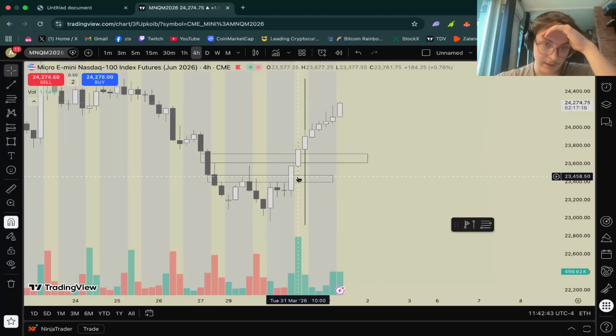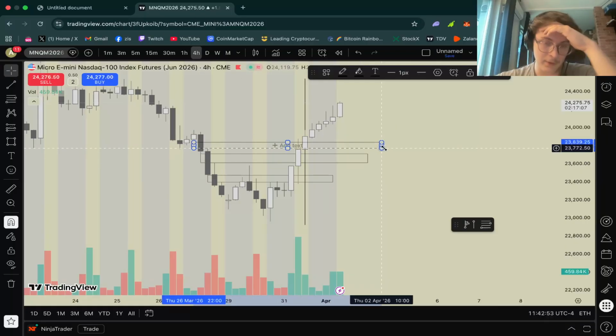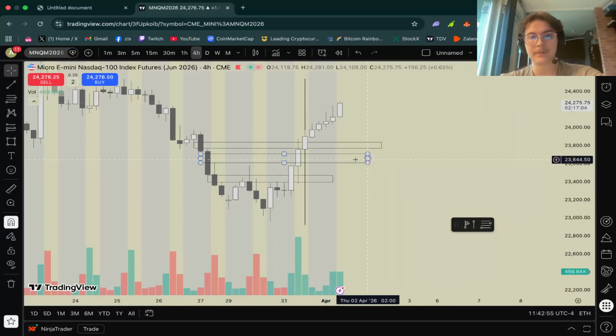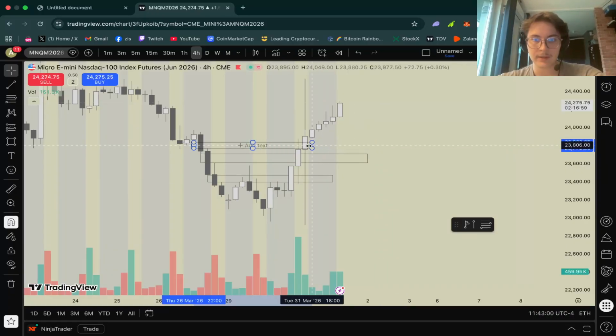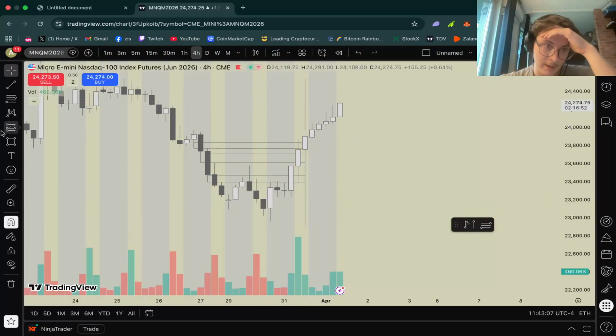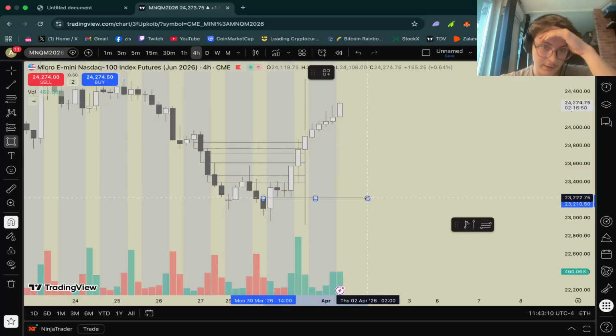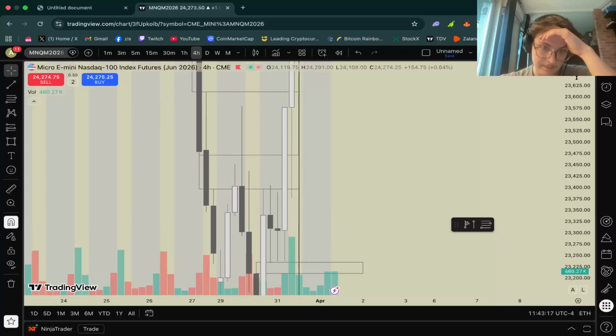This is the 10 o'clock. This is the candle. And then another bearish here, right? So there's a few bearish candles coming into yesterday. I'm gonna just make these this length to make it simpler. There is also a bullish 4 hour here, which I don't think was tested exactly. Yeah, I don't think it was.